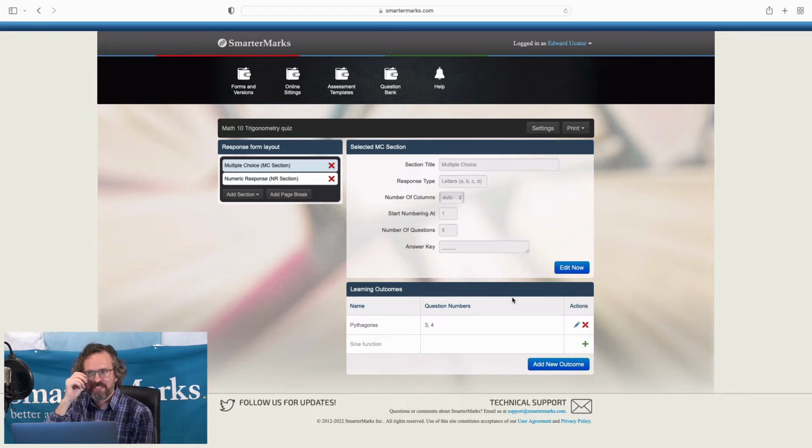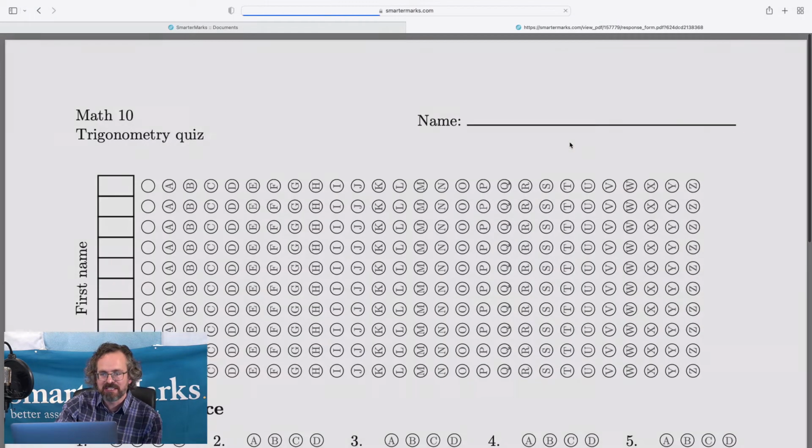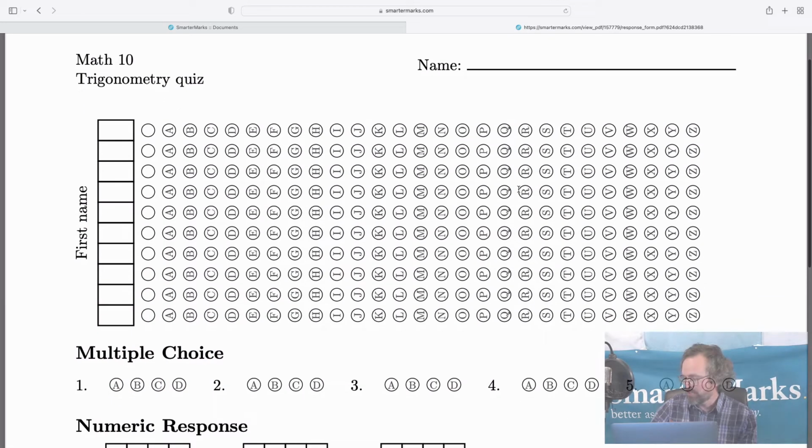And now what's going to happen is if we were to scan this, if we were to print our form that we saw earlier, so we just go print generic form. We take this form, we hand it out to our students. Again, they fill in their responses. We bring those back and scan them in. What I want to do, let's actually go ahead. We're going to run through that